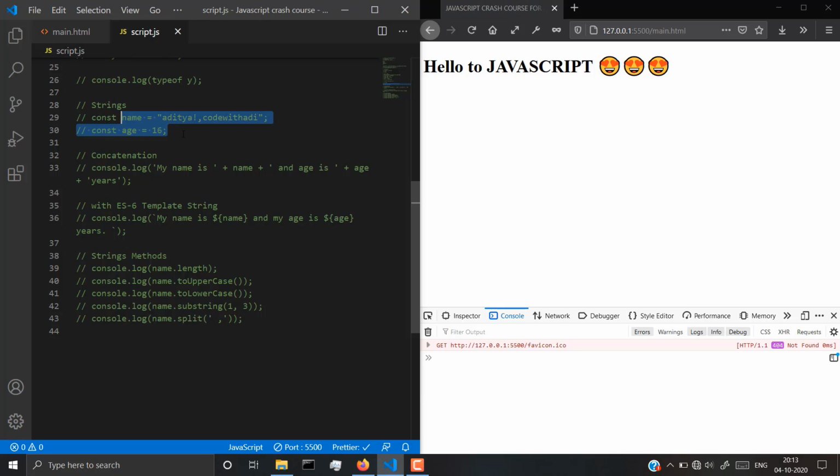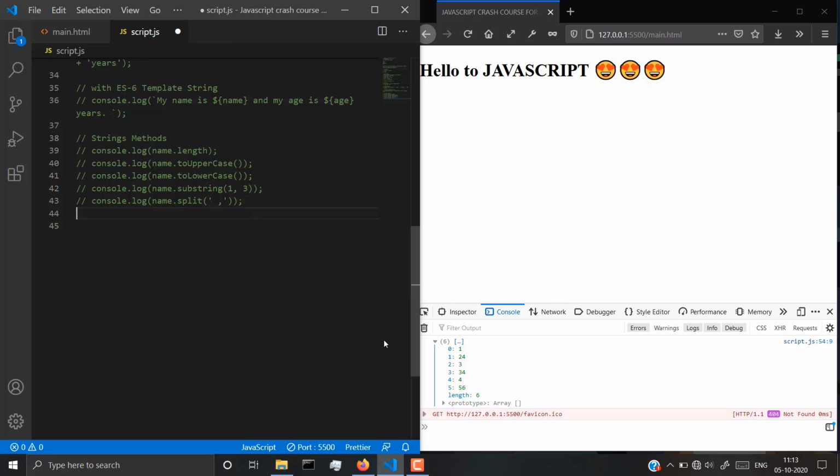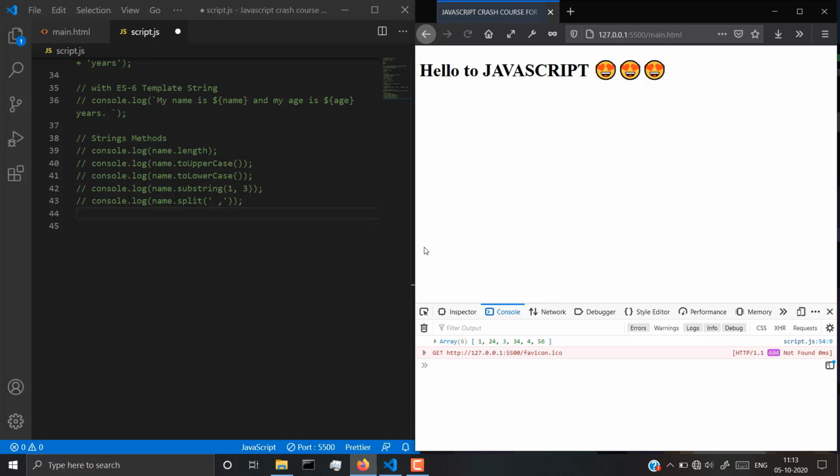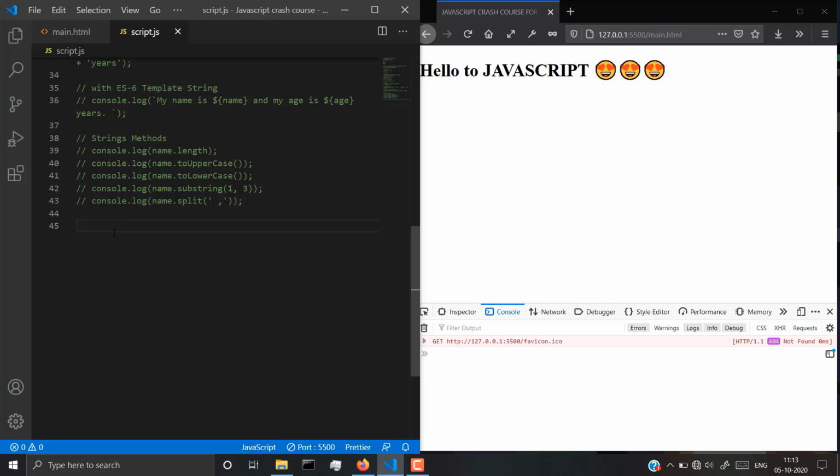I want to talk about strings. In JavaScript we have arrays, so we are going to talk about them first of all. So now let's talk about arrays. So what are arrays really? In a simple definition we could say an array is